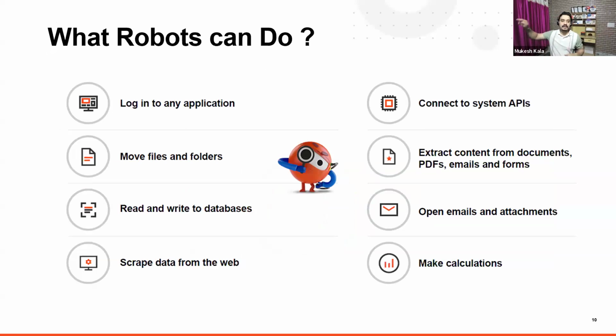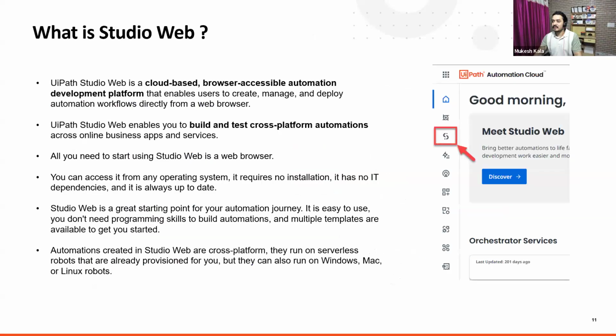When I say API, application programming interface, say you have to get the data for the latest currency exchange, right? I want to know the rate for dollar versus, let's say, rupees. So I can write a robot, go to that service via API, fetch that information, and run another process. It can work with emails, forms, PDFs, Word files. It can go to your mailbox, download the attachment, extract the information, make some calculations, generate reports and email them. All of that can be done by the robots.